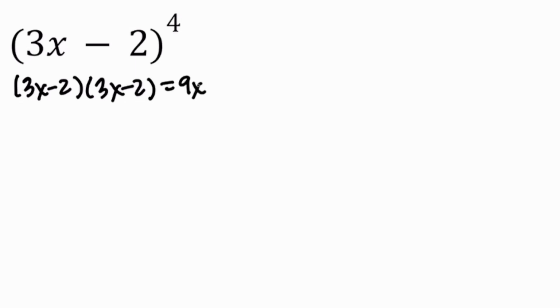X squared minus 6x. I feel like we've already done this one too. Minus 6x plus 4, but I guess we're mostly sticking to 1s, 2s, and 3s, so the numbers are going to seem somewhat repetitive. Okay, so that's 9x squared, negative 12x, and positive 4. So if I'm going to square that,